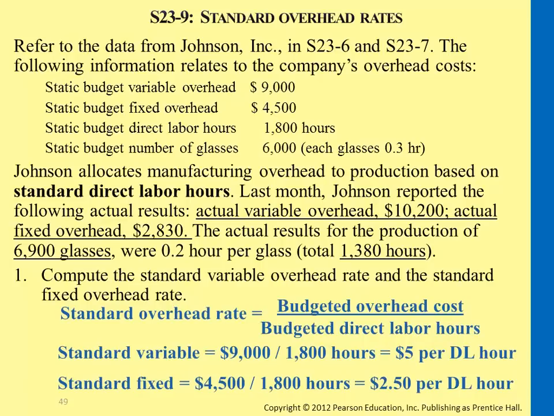So the rate at which you expect workers to produce one glass is 0.3 hours, right? That's about 20 minutes you want the workers to take to get one glass done. But now we use that same rate. We know the actual results we got, the actual 6,900 glasses. So using this rate here, supposedly you should allow workers to use